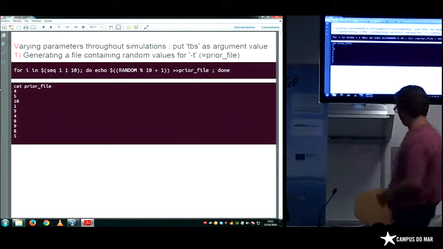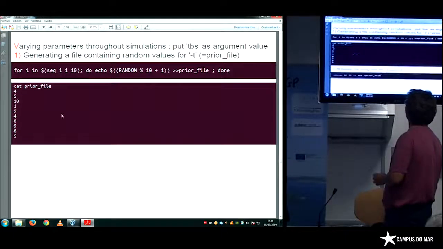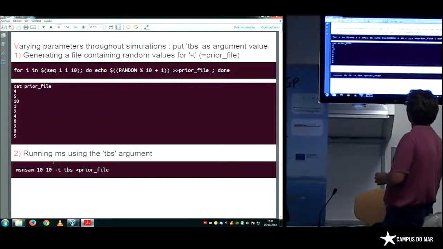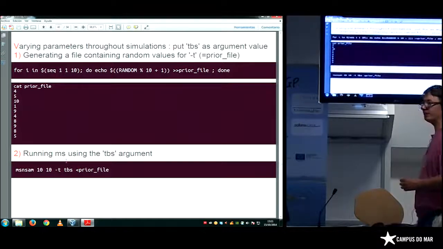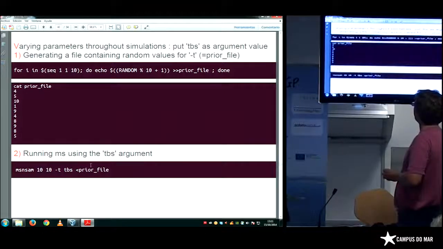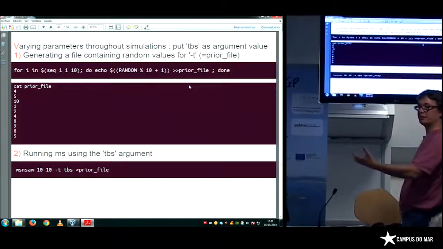So you can use this, and after you can run MS with the TBS argument. It uses the prior file we have just generated.